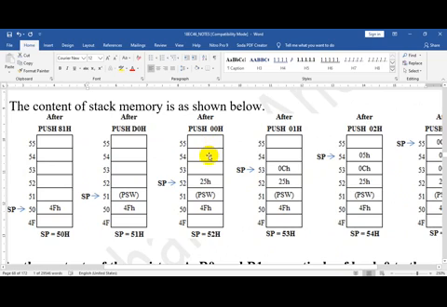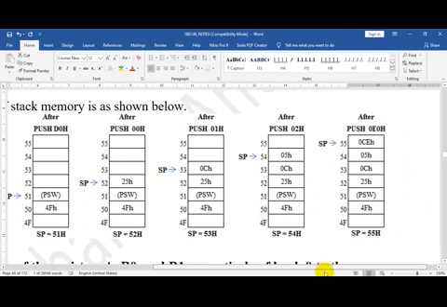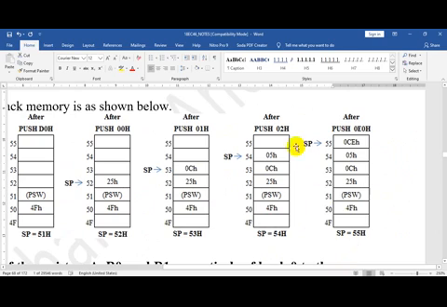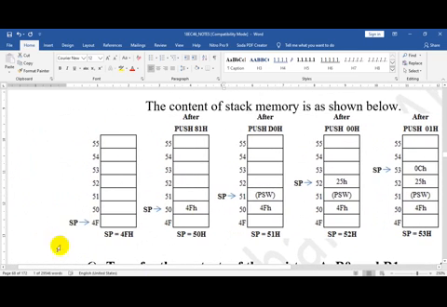After push 00H, again the stack pointer is incremented by 1 and the contents of register R0 are saved. After push 01H, the contents of register R1 are saved. Similarly for register R2. At last the stack pointer will be pointing to memory location 55H and the contents of the accumulator will be stored.